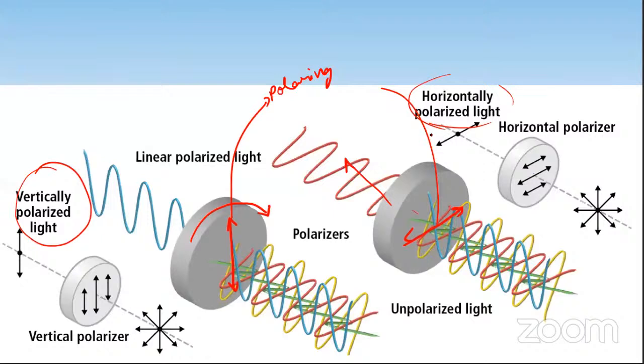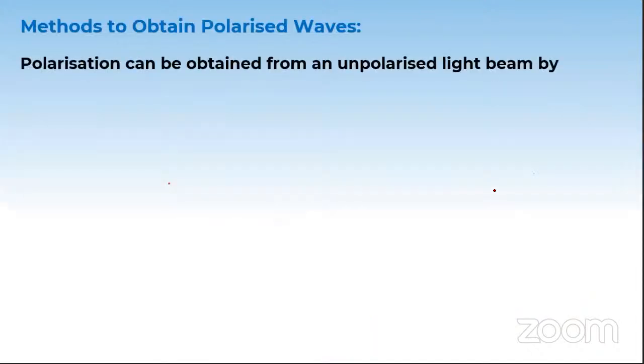And there is one mathematical formulation we have to understand: if the light has some intensity I, what will be the intensity when it passes through the polarizer? It will definitely be lower, but we need to calculate it, and there is a mathematical formula, which we'll try to understand.